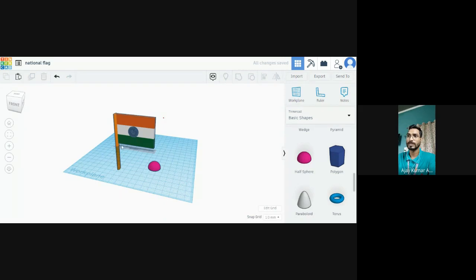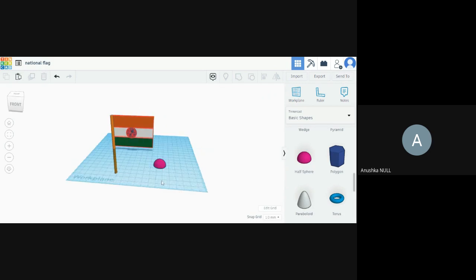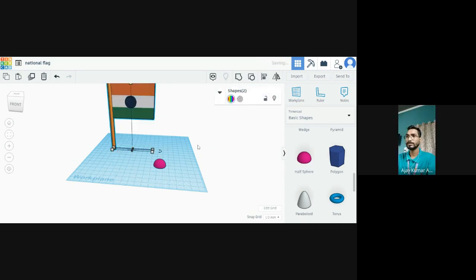Okay, so the flag will get upside on the work plane, like this. Just simply select it, D command.